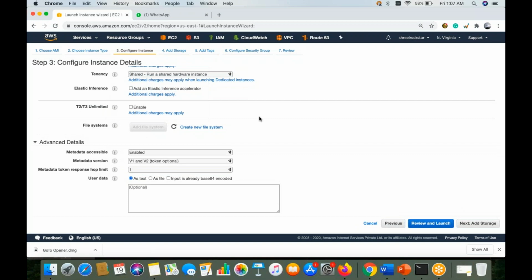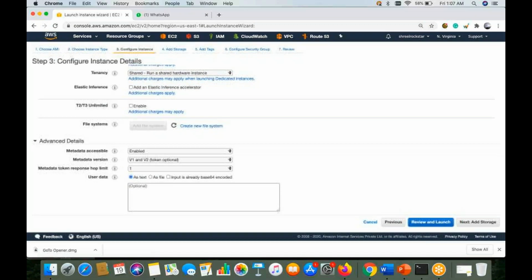File system is an elastic file storage, which is actually a separate service, and AWS also enables this option from here. Let's say you have around 10 instances and you want to share some data between all 10 instances, so I have a good option available. I can create a new file system from here and get the endpoint link, and that centralized hard drive will be shared with each of your 10 instances, and they can share the data with each other. This is a shortcut they have given here, which we can utilize.